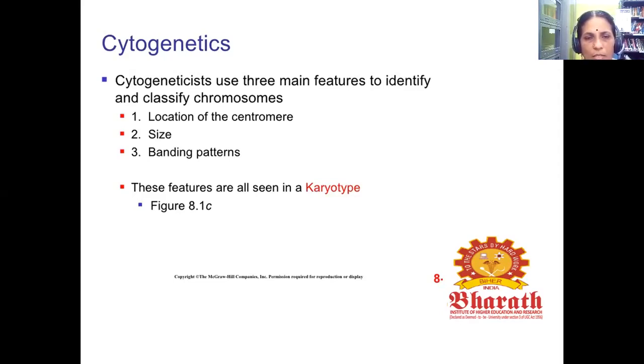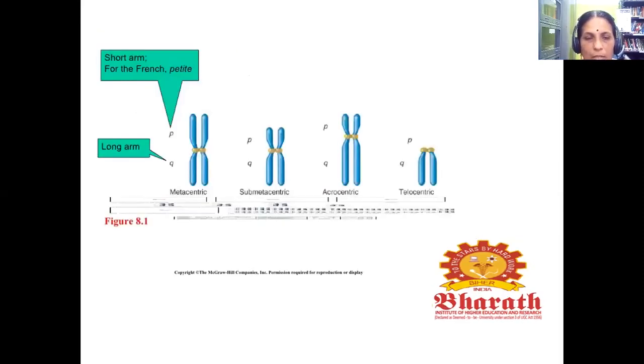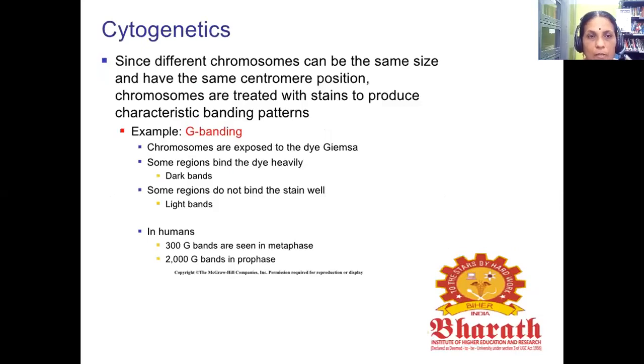These features are also seen in a karyotype. See the figure with the chromosome having two arms. One is a short arm, represented as a small p. The long arm we represent as q. Here you see the differences in the various structures: the metacentric, submetacentric, then acrocentric, then telocentric. Since different chromosomes can be the same size and have the same centromere position,